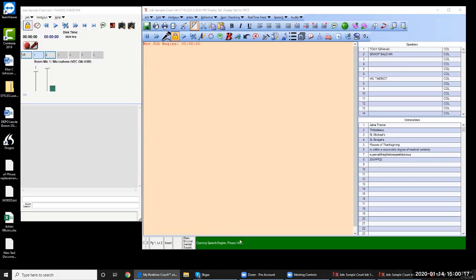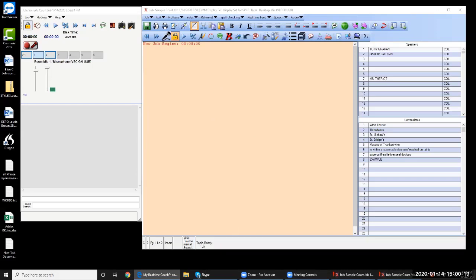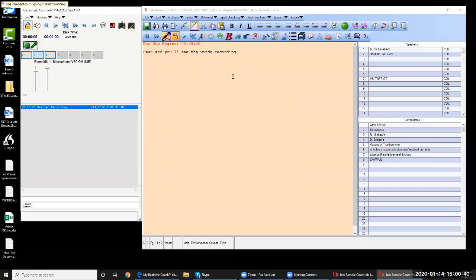Once I select the user profile, I have to wait until I see the words topic ready at the bottom, okay? So we have topic ready here at the bottom, and we're ready to turn on the microphone either here or here. You'll see the words recording, and immediately it's going to start translating my voice into text. And when we say